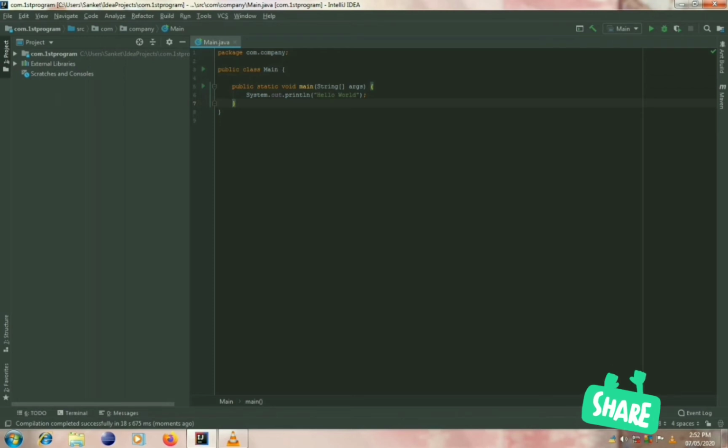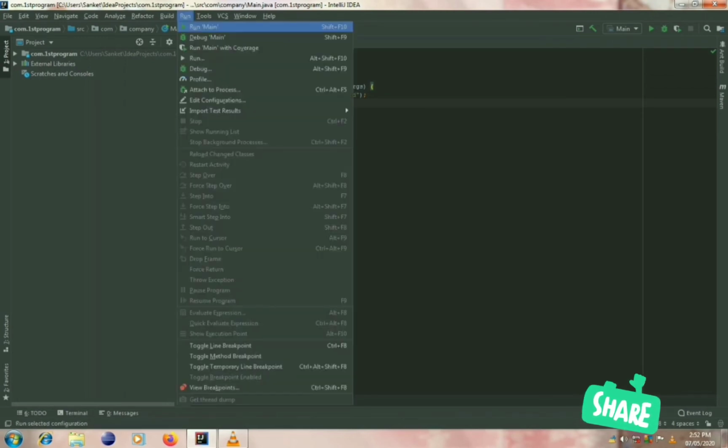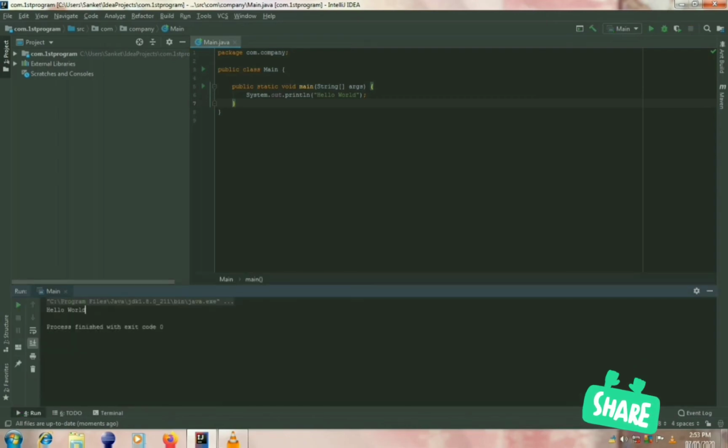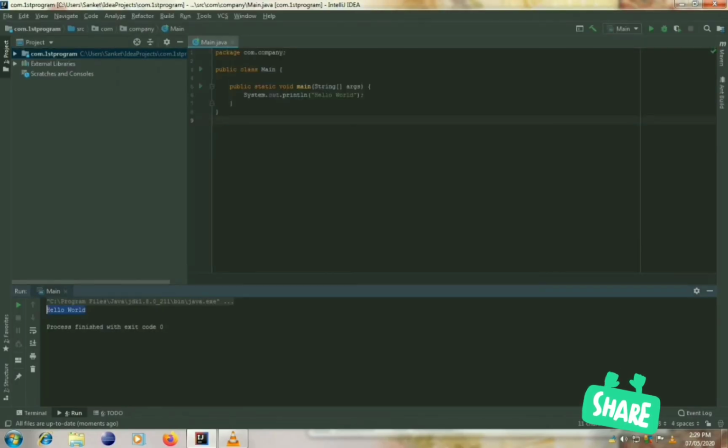Now the building is completed. So we need to run this program. Click on run on the menu bar. Now the program is run and it shows Hello World.